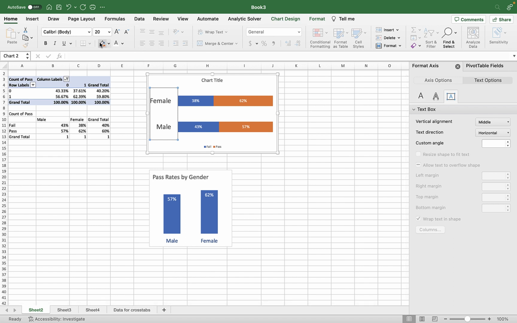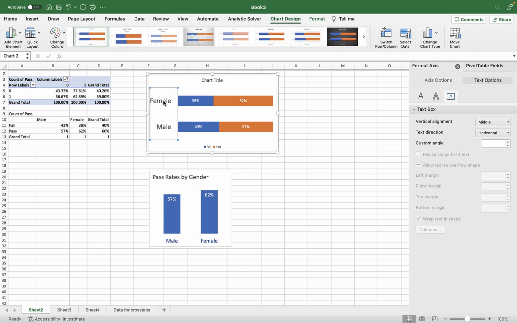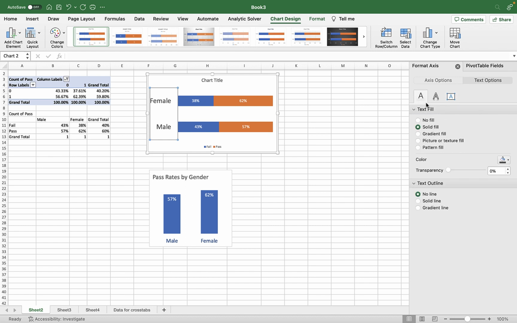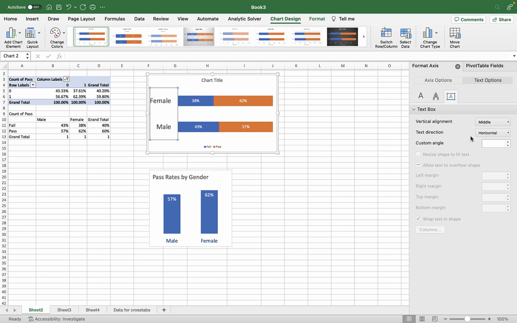Our text is aligned super nicely. At any rate, some things you can do here in the text options: you can change the direction of the text, change how the text box looks. I'll